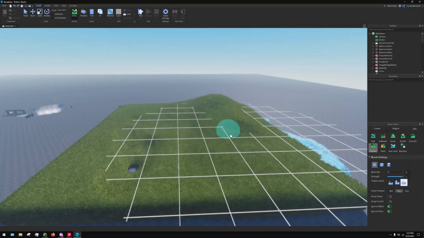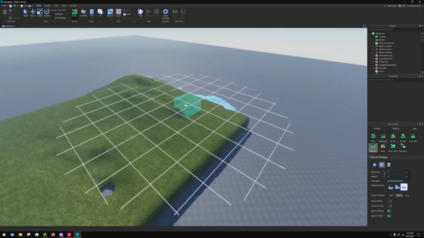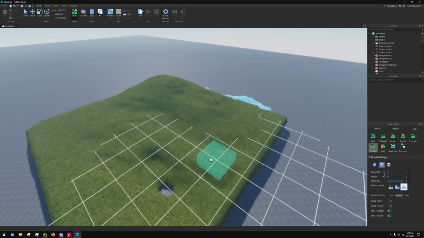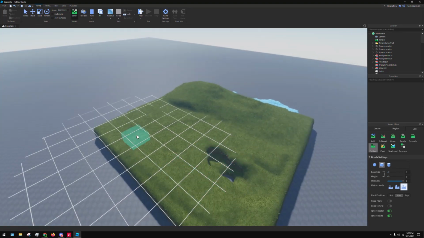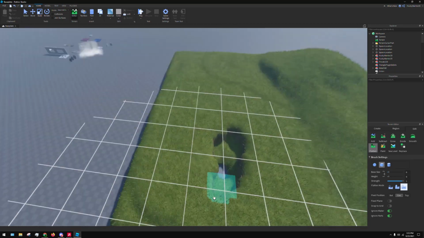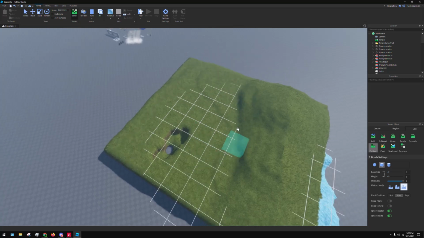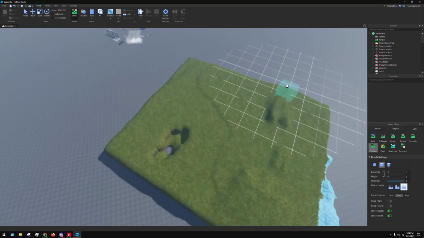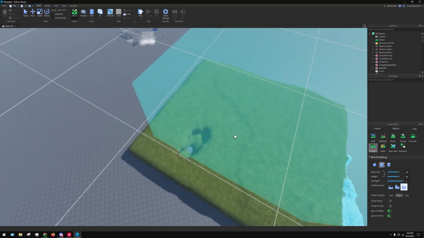You can also flatten terrain to a certain level. You got 3 different brushes: cube, circle, and cylinder. So like, let's say you want your terrain at a certain height, you use flatten, and you can smooth it or flatten it out to a certain height. And you just drag it over like that, basically like this, and you can change the size of your tool,